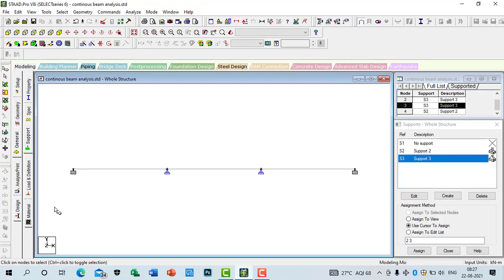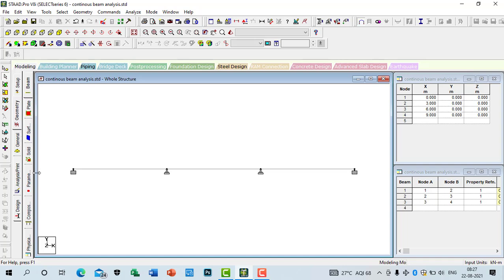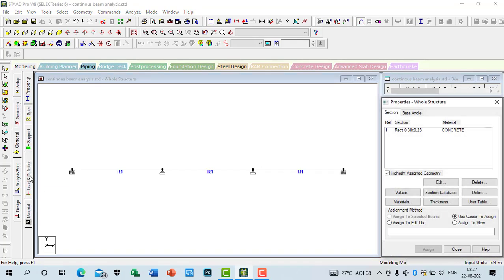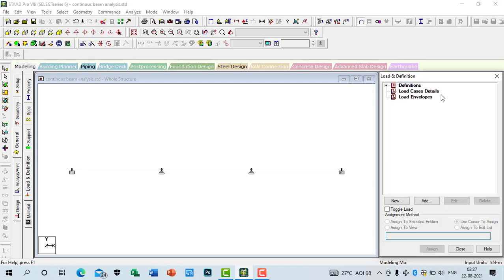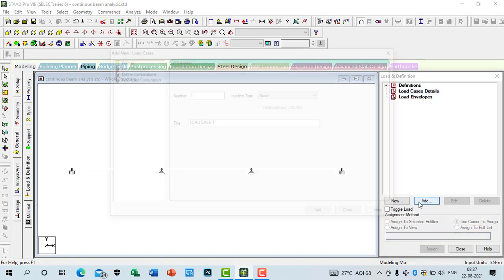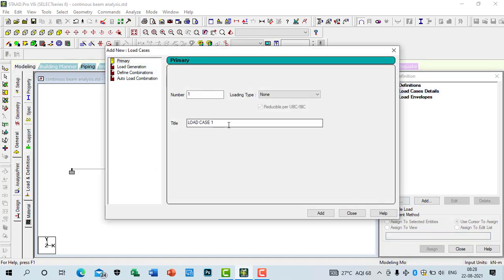Now after that, we'll go for the loads. Loads and definition, load case detail, add, load case, live load, add, close.